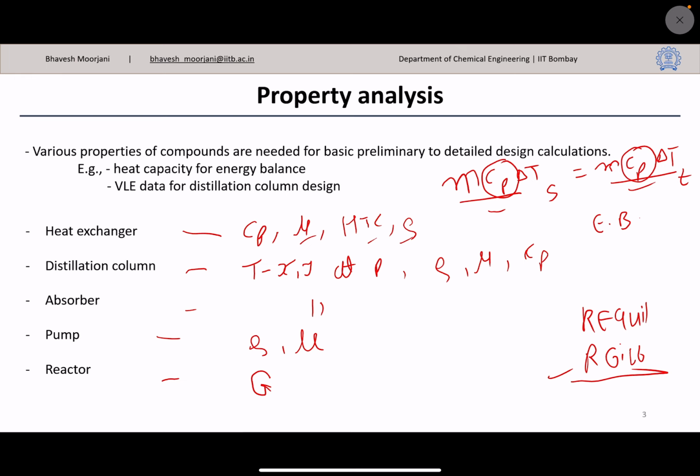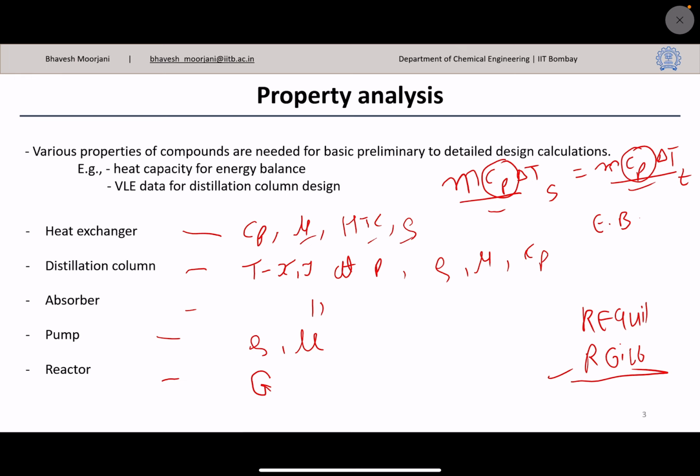So let's say you have some TXY data for distillation column design. Now accuracy of this data, accuracy of this property will also matter a lot, because in the column design itself we are talking about the economics.